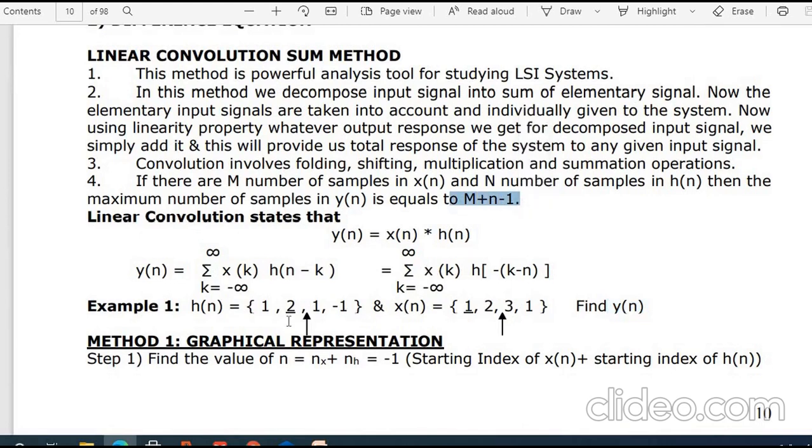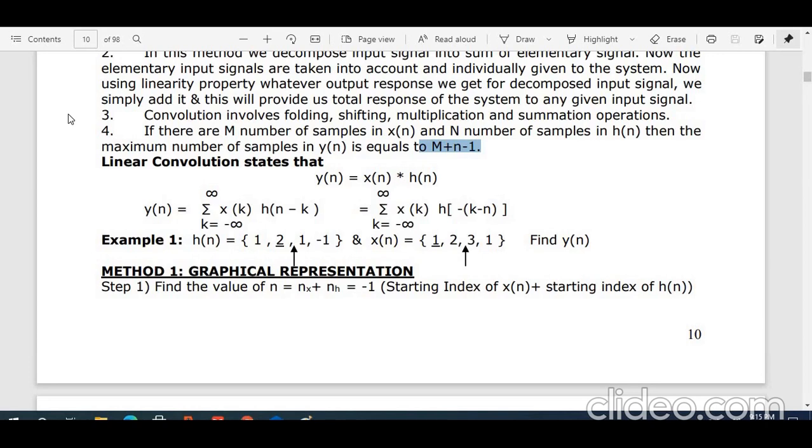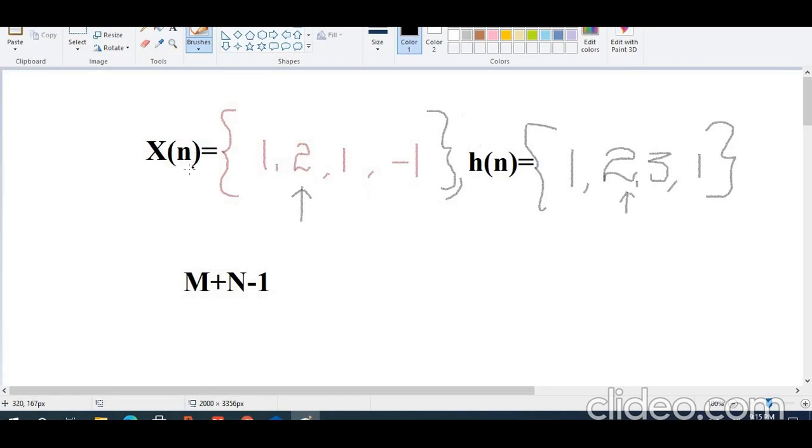This is a sample, right? What is the position here? I'll show you here. So students, we had h of n as 1, 2, 1, -1. These positions are 0, 1 and 2. This is -1. H of n starts from the -1 position. So when you want to write h of n starting from this n, this is the -1 position. Suppose this is my h of n, this is my x of n. If you see this position value, this is the 0th position, this is the first position, this is the second position. What about this? This is the -1 position. So this is my m sample, right? What about this h of n? This is my n sample. So for the n sample, where is the arrow mark?